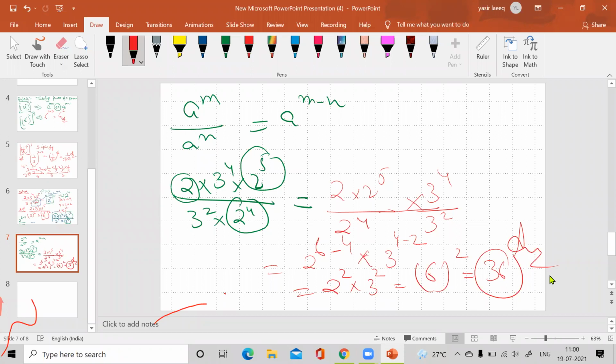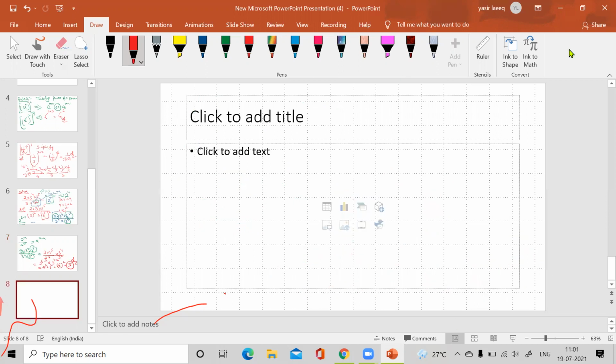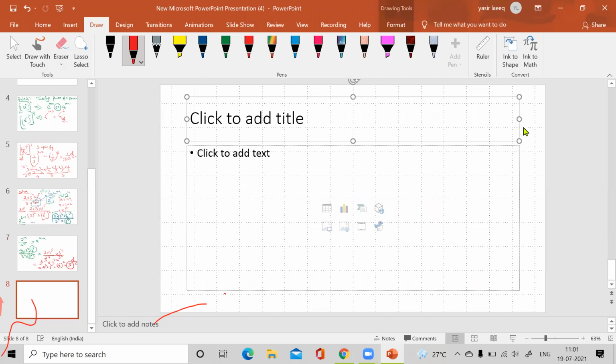See, once again, what we are doing: this is our question, we simplify, this is our 9 as given in the question. So we convert 9 into 3 to the power 2. And here it is given as 4 to the power. Sir, solve it on another page. Okay, see once again.